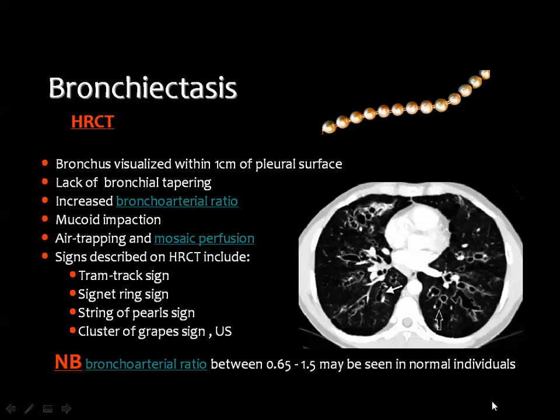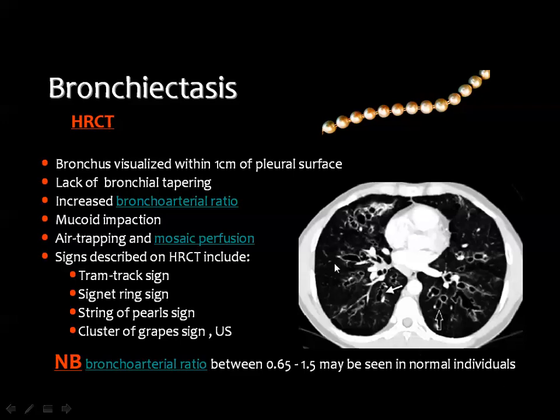To remember, we diagnose bronchiectasis when the bronchus caliber is larger than the adjacent artery. They should be of equal size, but if the bronchus is large, we consider